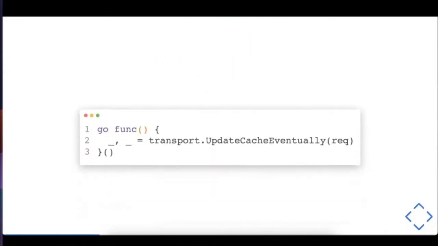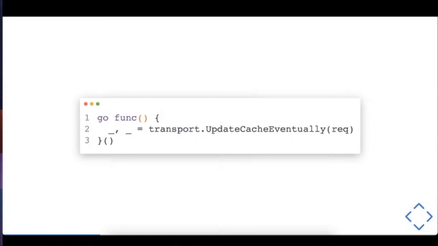In this example, we can see that a cost function will be dedicated to another thread to be more efficient, and because we don't need the result of this execution. Then here the update cache eventually is really cost effective due to headers validation, RFC checks, etc. And you can easily do concurrency with a Go keyword placed before the function declaration and before the function usage.